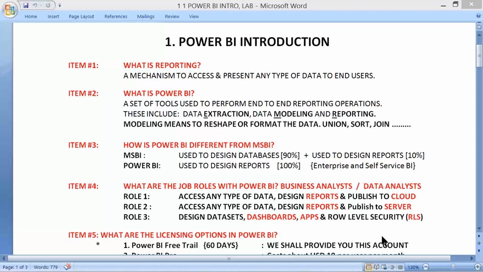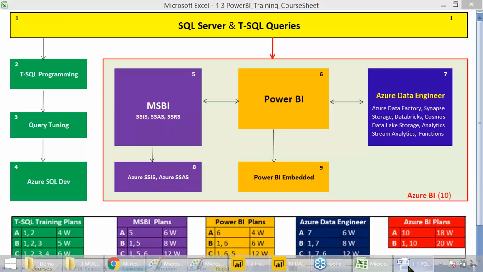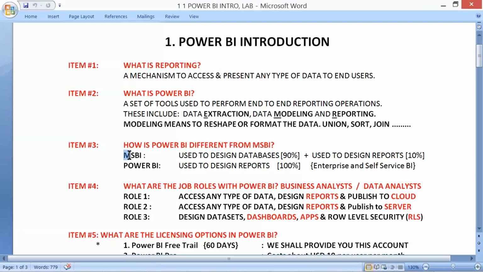Yes, for example, back to my screen, box number 5, we say MSBI, number 6, Power BI. What's the difference between them? Microsoft Business Intelligence, MSBI, used to design databases and design reports. Power BI is exclusively for designing the reports.